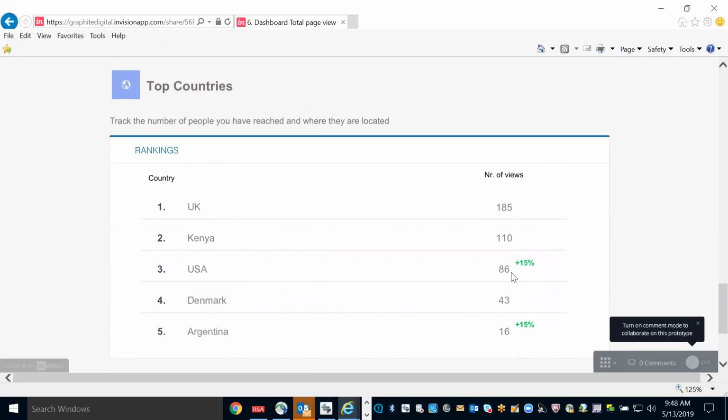And are there any other rankings you'd want to see? For my specific role, I'm really just concerned about the US, but I do find it helpful to get a sense of whether people are viewing it in other countries. I think I'm fine with being able to see that.